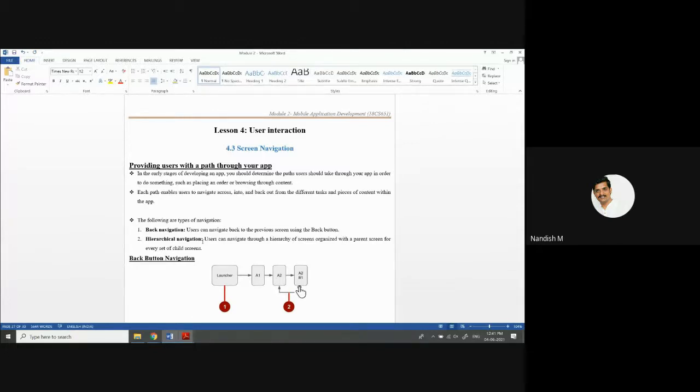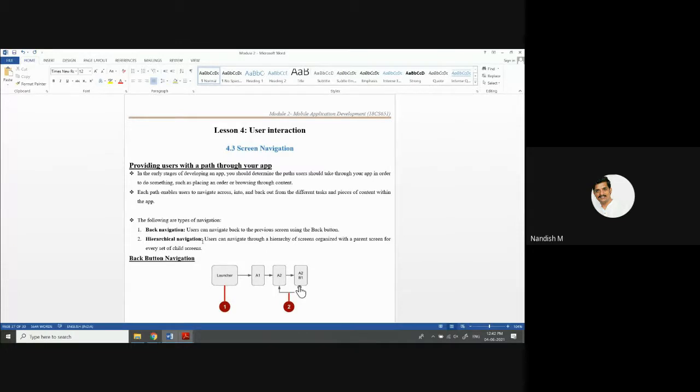There will be buttons, icons, so many different ways we are going to move from one screen to another screen. If you provide a path for a user, then only you can completely use your app which is being designed. And it should also be easier. An app should be user friendly.